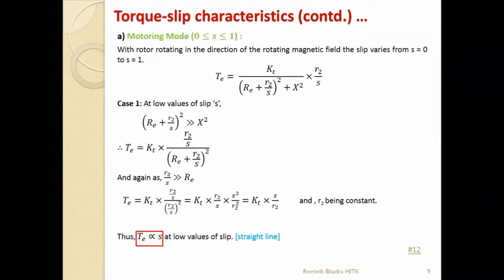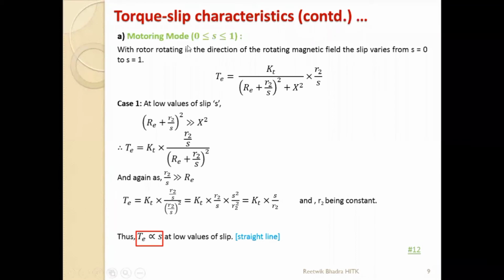Now we had done a problem on induction motor and classified our slips into three regions. One was 0 to 1, which was motoring mode only, that means my machine is working as an induction motor. If it is less than 0, it was generating mode, and if it is greater than 1, it was braking mode. Our main objective is to study the motoring mode. The rest of the modes we will just talk about in small detail, but we have to understand our motoring mode, very important, because we are talking about induction motor.